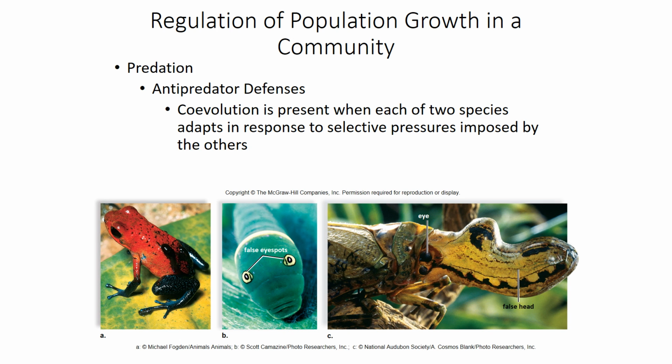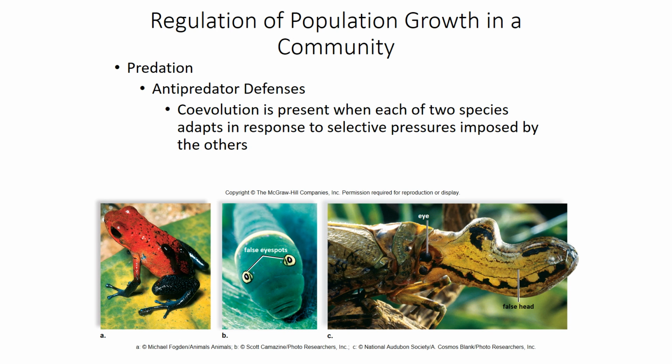And in general, brightly colored species tend to be toxic. Just keep that in mind. It's just a way for them to keep predators away. And then the B part here, this is a caterpillar of the eastern tiger swallowtail butterfly. And these false eye spots help to confuse a predator and help them look more menacing than what they